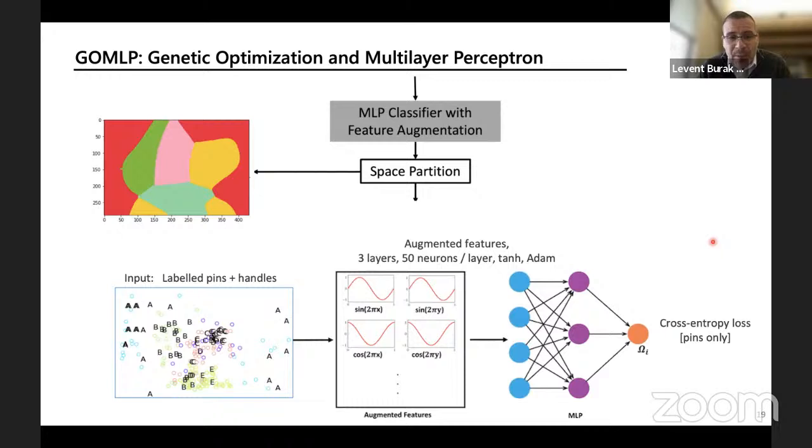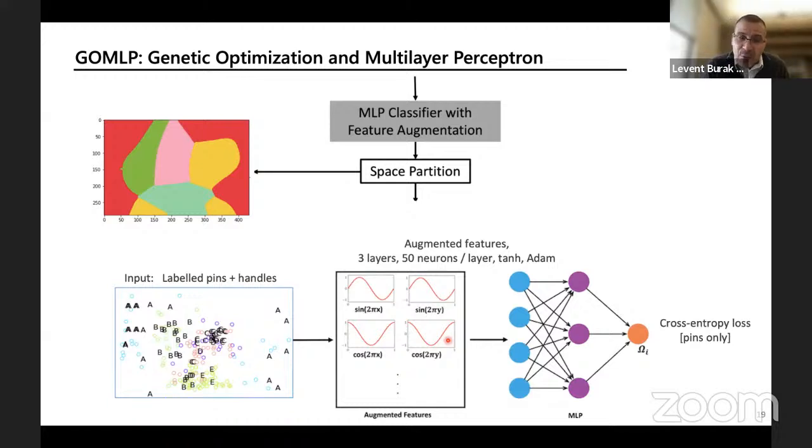So how does the MLP work in this case? Given the board and the current hypothesis of the handle placement, the circles that are movable, given this current configuration, it actually does a classification where the goal is to terribly overfit to the given data, because we want zero misclassification on the pins that are shown here.